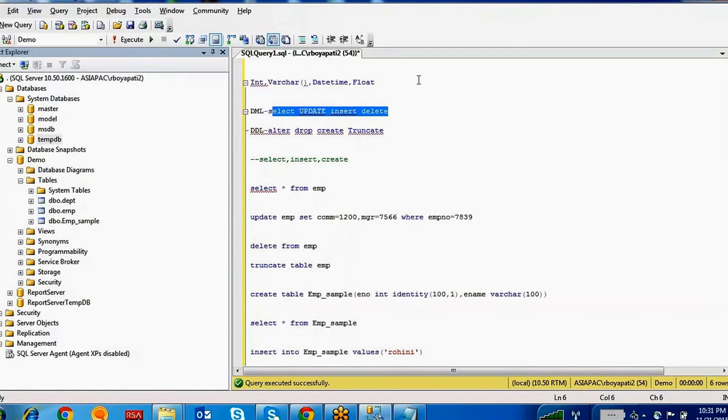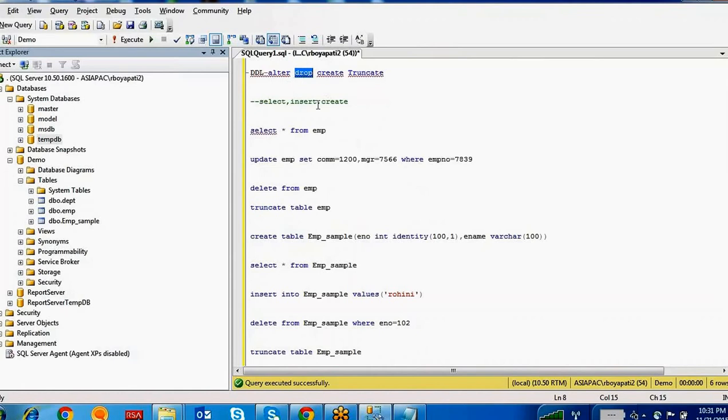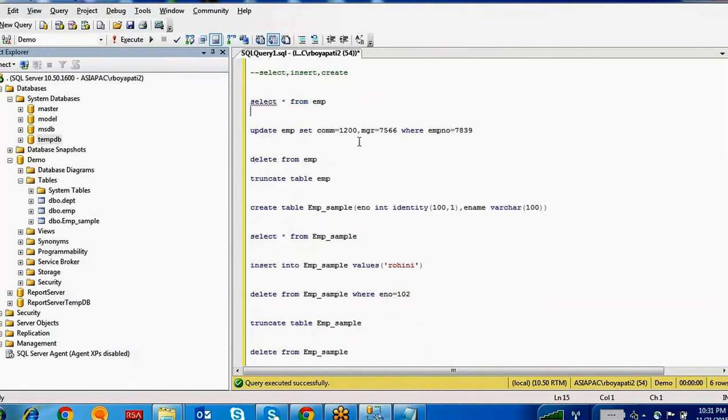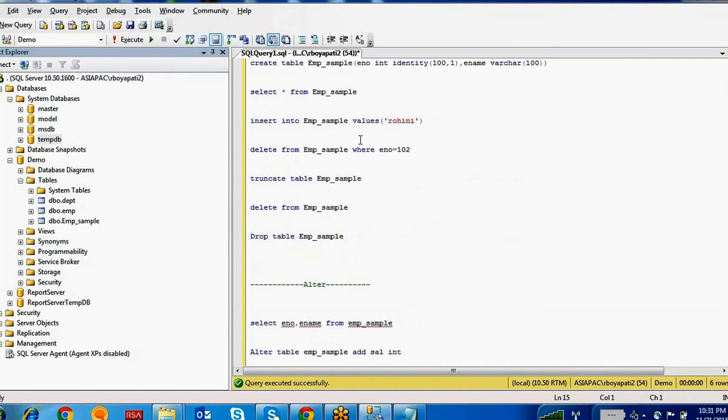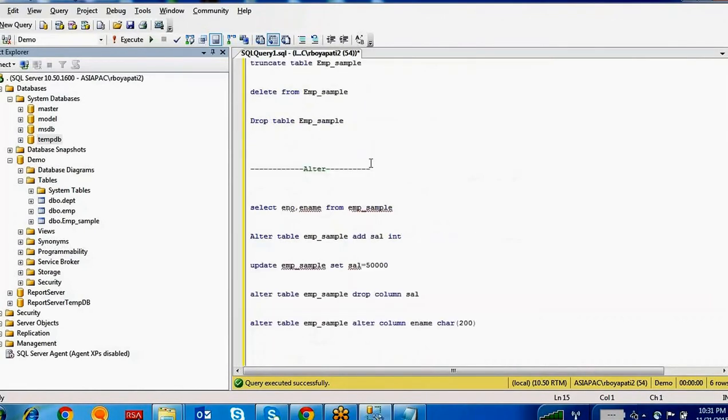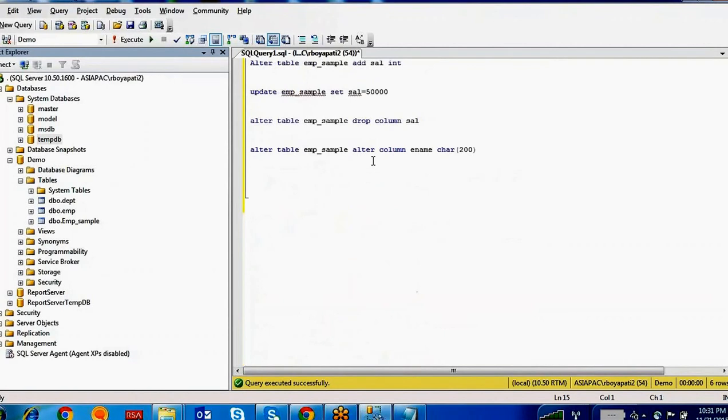But with the delete statement, you can delete row by row also, okay? With truncate, you have to delete the entire table data. If you want to delete based on a condition using a where condition, then you have to use the delete statement. Got it? Right. The drop will drop the entire table, okay? Not only the table, if you want to drop any object in SQL Server, then you have to use the drop command. Got it? This is about the DML and DDL commands, okay?